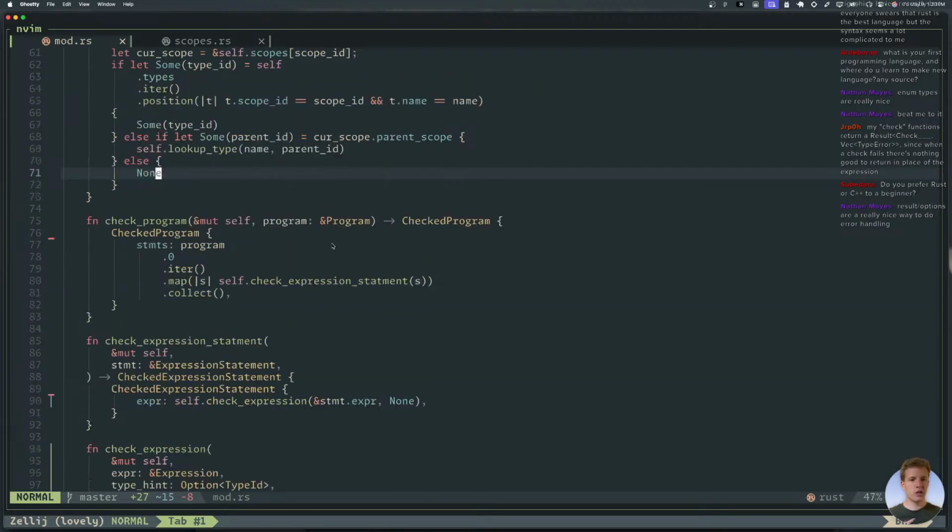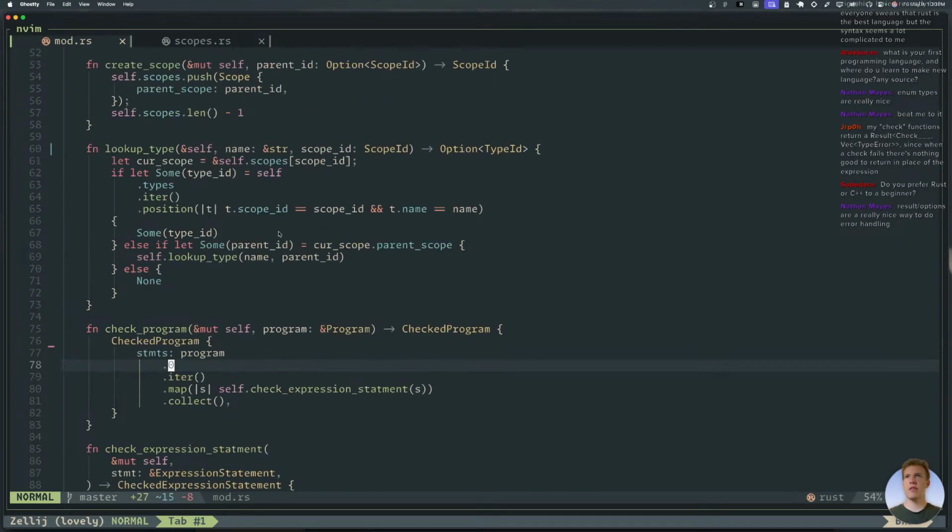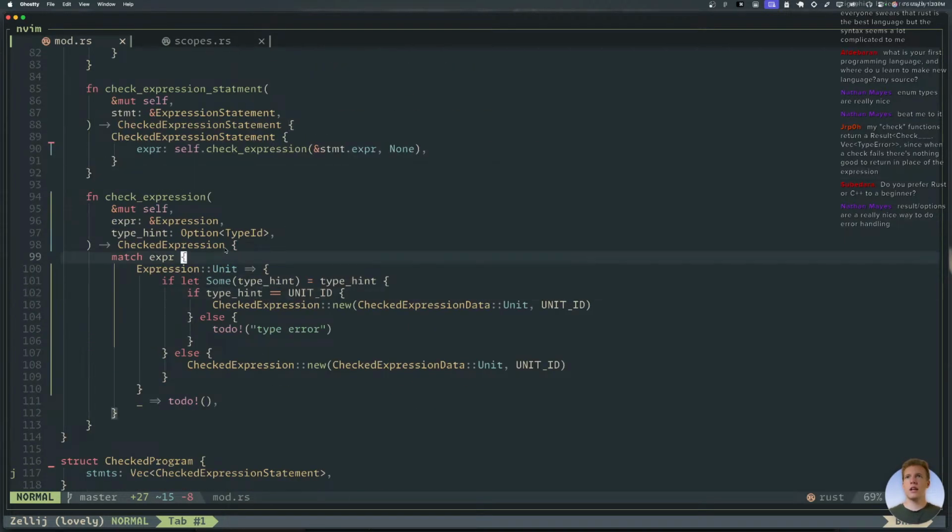Derp, you said your check function returns a result. Well, yeah, that's kind of what my thought was here. But then what do I do? Because I'm trying to build this tree. So how do I build a tree if I'm just returning errors? That's kind of confusing.